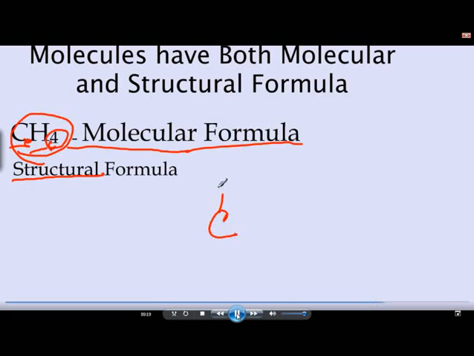So I'm going to put the carbon in the center. I'm going to surround it by the 4 hydrogens. Carbon will always go in the center, and we want to make things symmetrical around it. And here these lines represent the bond, the shared electrons between the hydrogens. Okay, so this is a structural formula for carbon tetrahydride, pretty straightforward. But there are some formulas where it's not quite so straightforward, because what you have,